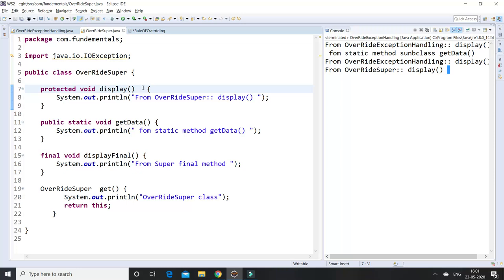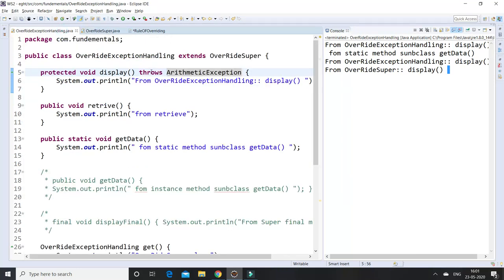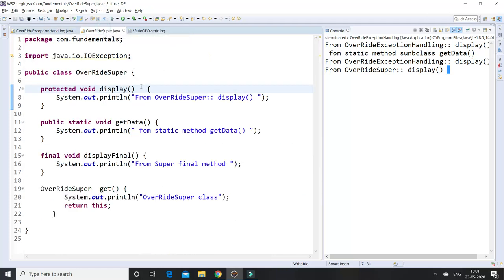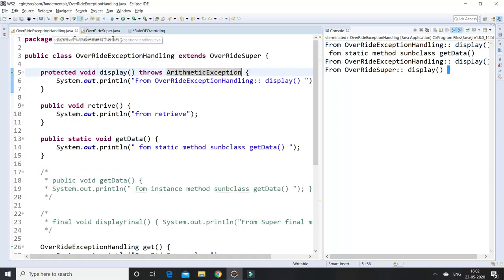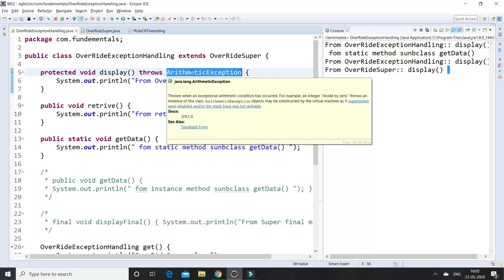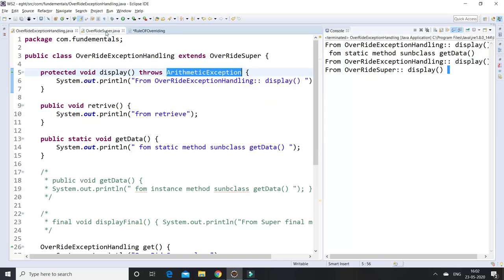If the parent class has declared an exception, we can throw the same exception in the subclass level method. If the parent class doesn't declare any exception, unchecked exceptions are allowed in the subclass. So here I have to remember two points.